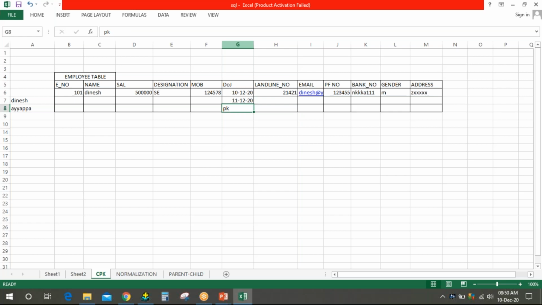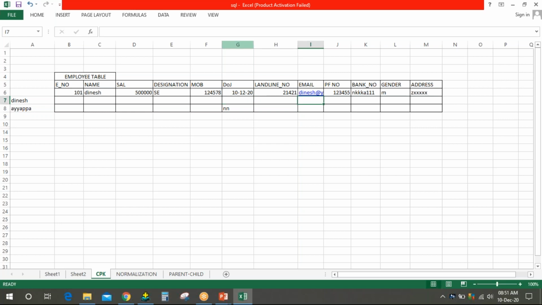In such cases, you will enter the constraint as not null. There are people who can join on the same date, and people who can join on different dates, but it cannot be null. There should be a date. It will not accept the null value. This is the basic concept.